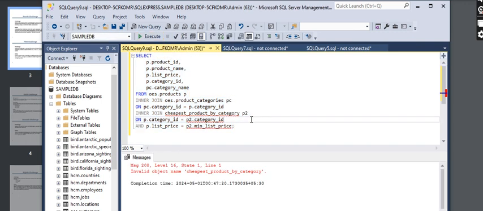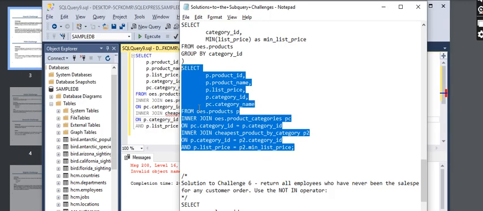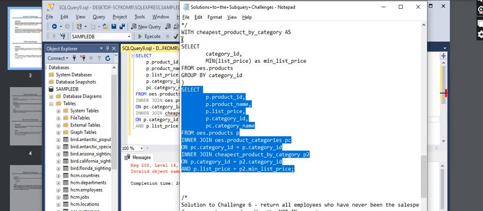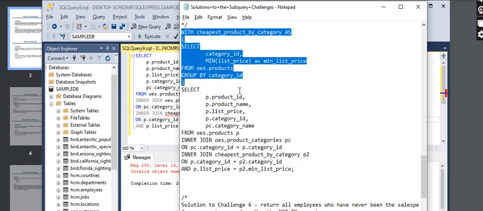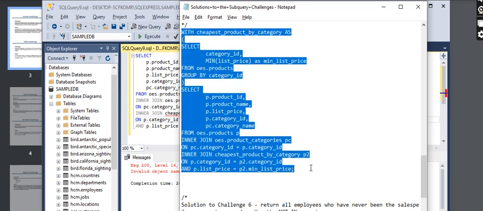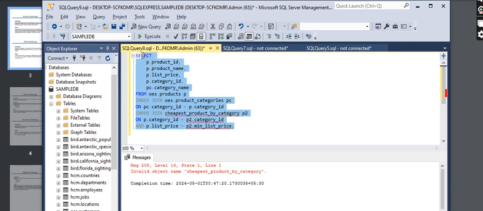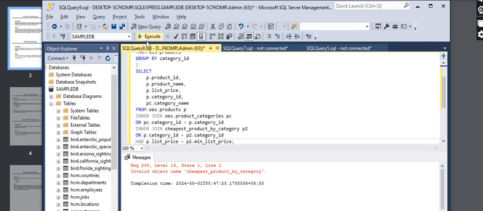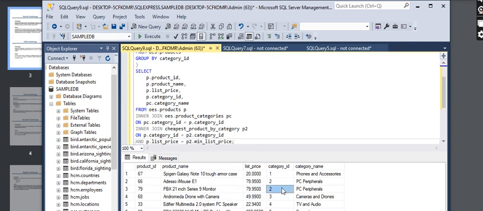Cheapest products by category. Sorry, here I did not copy this with the CTE expression, common table expression. See, like this you can do it,